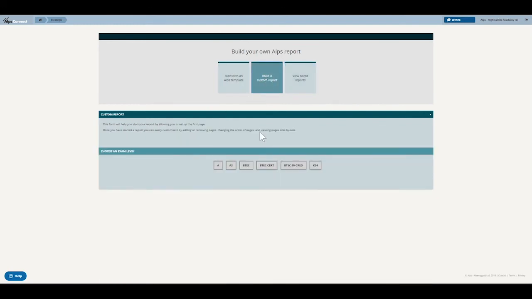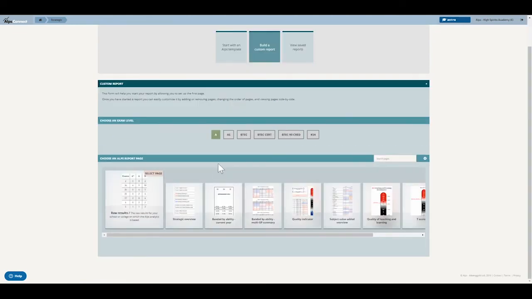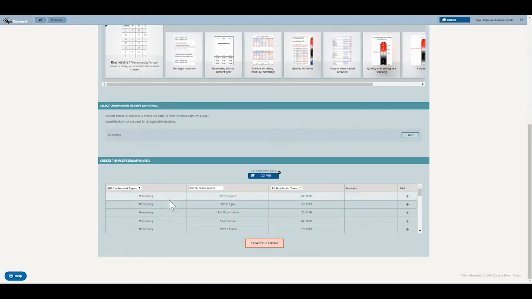Just a quick word on building a custom report. If you want a quick custom report built and you plump for A level there, you can see that you get an individual choice of pages. So you may not want all of those pages. You may just want to pull specific pages out. And you can do that one at a time. So you can select a page